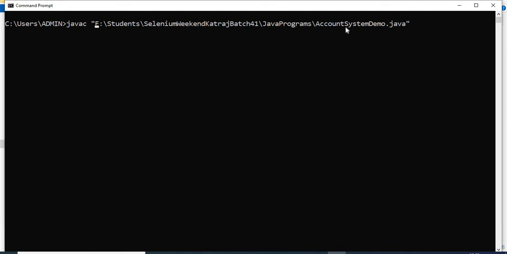Otherwise it's not mandatory. If you do not have spaces in the name of either the folder or the file, then mentioning the path in double quotes is not mandatory. But if spaces are there, then it is mandatory. But it's always good practice to mention the path in double quotes whether you have spaces or not. Enter.